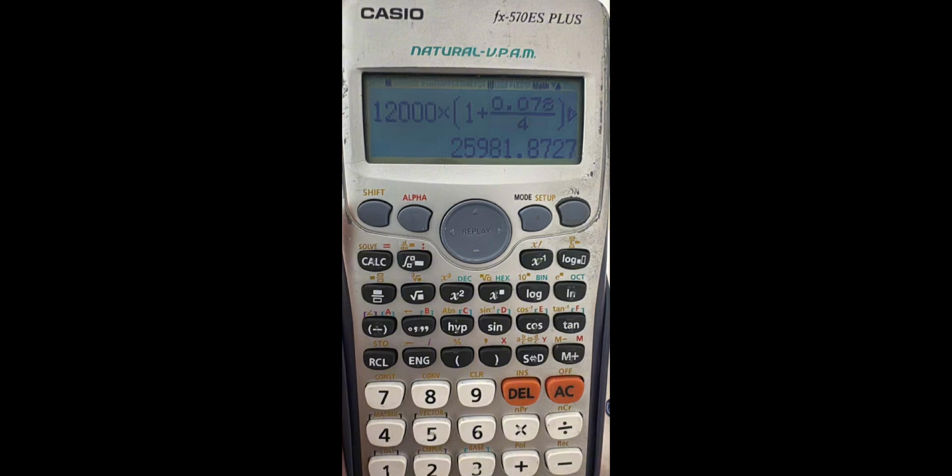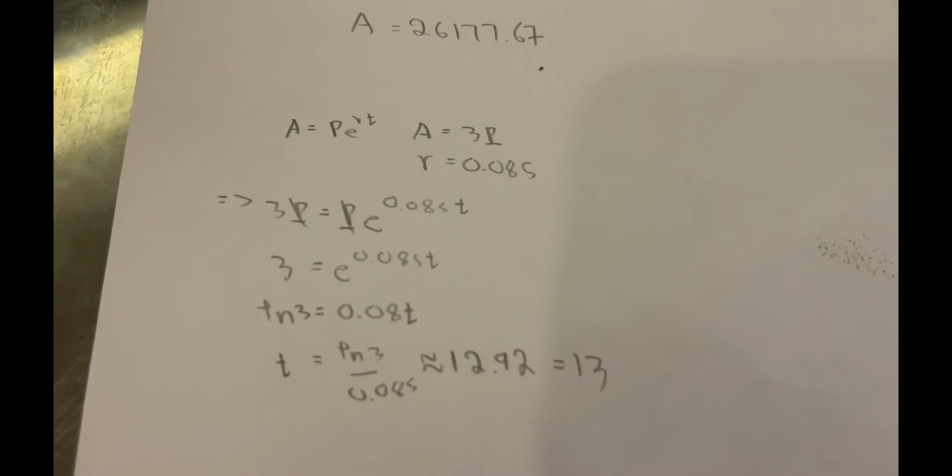And this is what I got after putting it in a calculator for the answer A. So if it's still incorrect, I don't know. 13 years, the answer for number 5. For exercise 5,